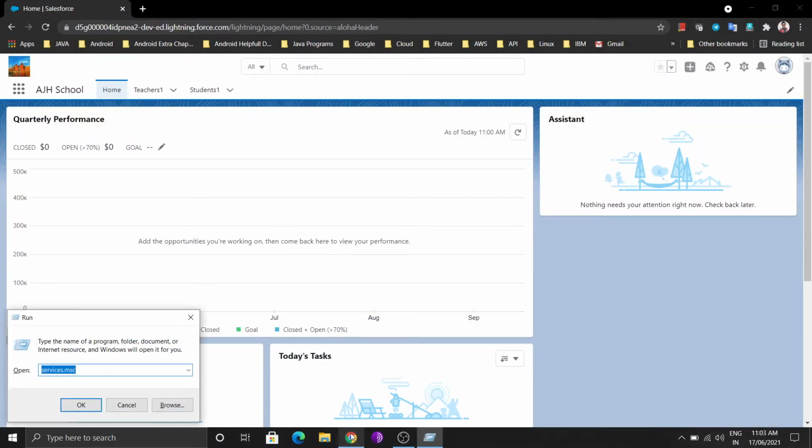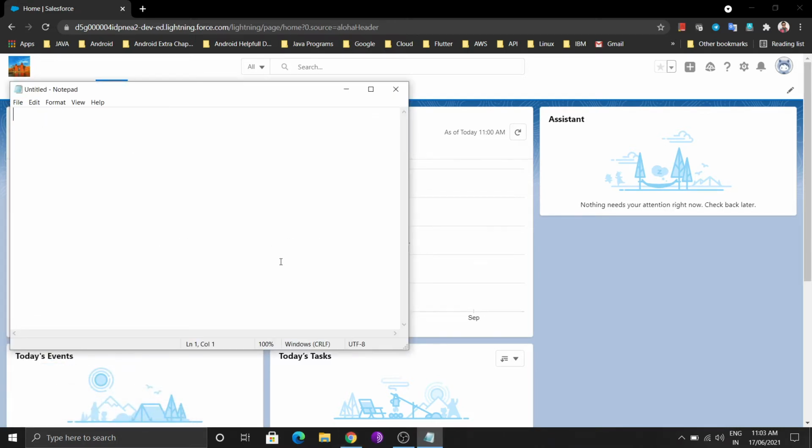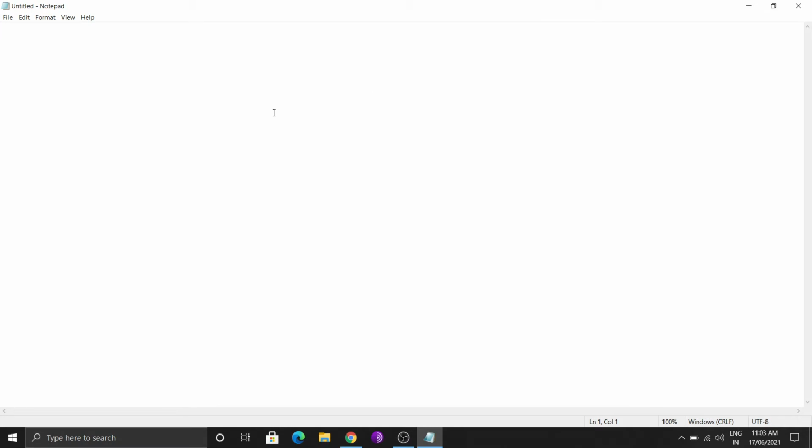So we know there are three kinds of relationship when it comes to creating a lookup relationship. There are three cases. First case is a standard object to a standard object.